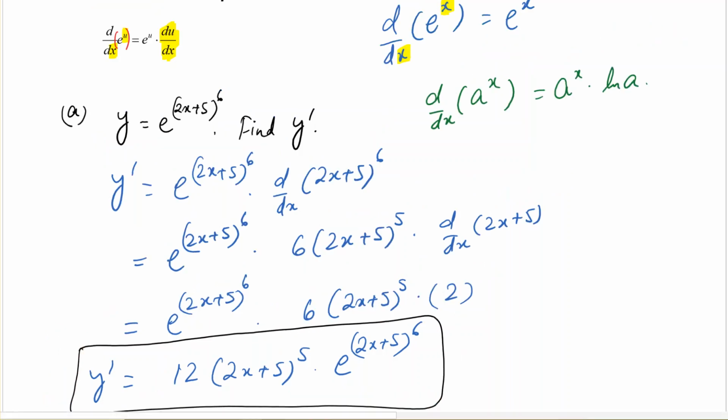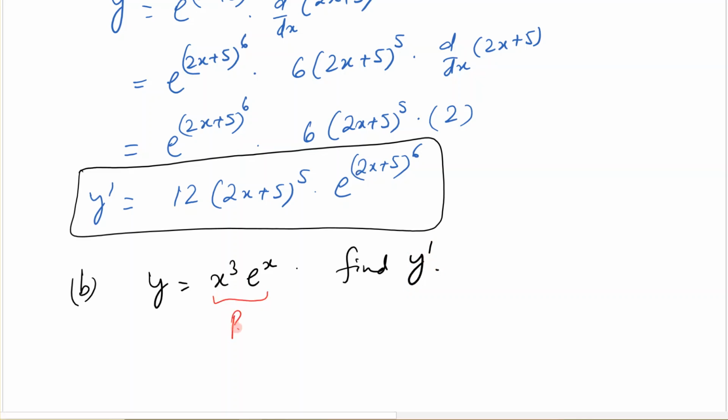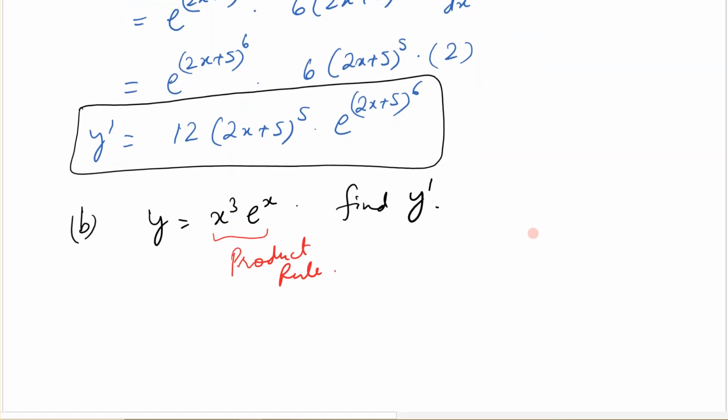Let's try one more example. Let's say we need to find the derivative of a function which is given to us. The function is x cube e raised to power x, and find the first derivative of this. In this case, we can see that we have a product of two factors, so we need to use the product rule. The derivative would be the first function as it is, times the derivative of the second, which is just e raised to power x, plus the second function as it is, times the derivative of the first,